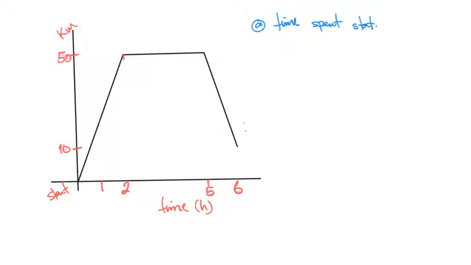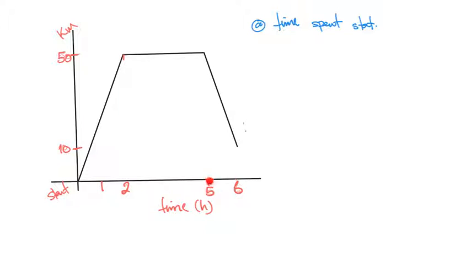Okay, so here something was moving, it stopped moving, and then it moved back, but it didn't go all the way to the starting point, so we'll need to be very careful. It looks like it stopped 10 kilometers away from the starting point. Anyway, time spent stationary. Well, it moved for 2 hours, it stopped there, and then it rested for a while